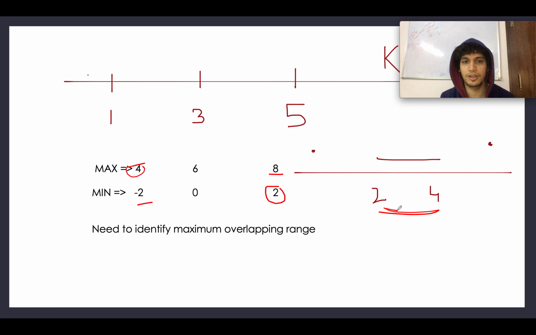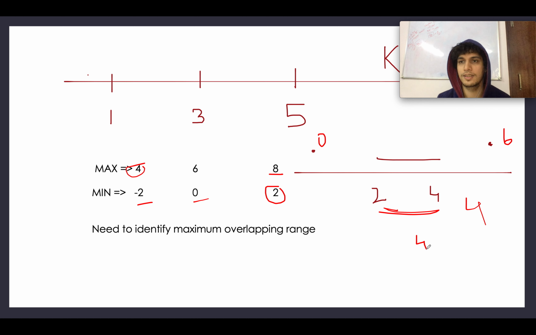And now comes the question, what value to choose for the second element, 6 or 0. If you choose 6, then the difference would be 4 minus 2. These would be the three elements, and the answer would be 4. However, if you choose 0 for the second element, if you plot 0 there, then again the answer is 4, 4 minus 0 is 4. So in either case, the answer turns out to be 4.